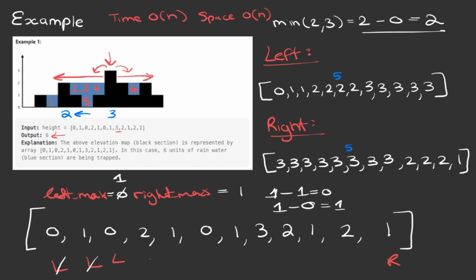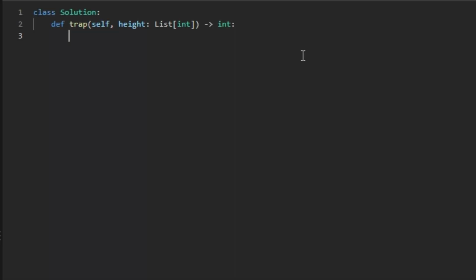For this algorithm, it's also going to be running in O of n time, and it's going to have a space complexity of O of 1 since we're not using any additional memory. With that being said, we can go ahead and write up the code for this. For the more optimal solution, we can go ahead and initialize the left and the right pointers. So 0 and the end of the heights array respectively. We can also go ahead and initialize the left max and the right max